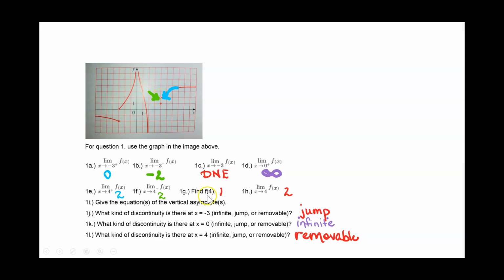Then they asked me to find f of 4, which literally means when x is equal to 4, what's y? Well, that would be a positive 1. But that has absolutely no impact on the limit because I don't care what's going on at the point. I only care about what's going on as I approach it from the left and from the right. So my limit approaching 4 would be 2 because the limit from the left and the limit from the right